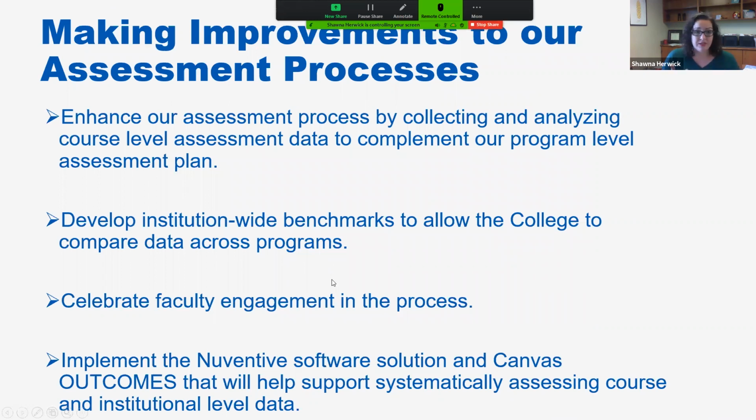So we used that faculty survey and feedback from a variety of stakeholders to develop some next steps, to develop some plans. So this year you'll see some additional changes coming with collecting course level assessment data that complements our program level assessment. You'll hear very shortly, about a year ago now, we worked with the faculty and student affairs group